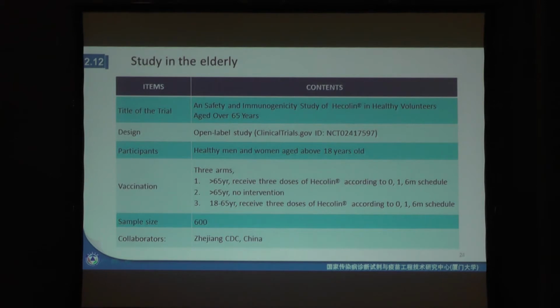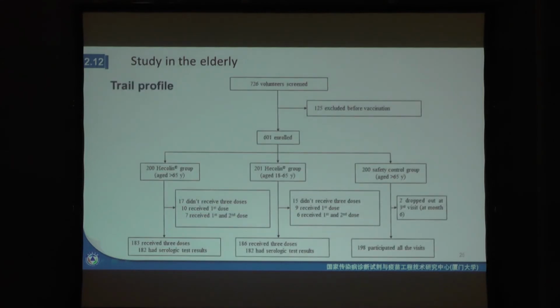This is an open label study, and we have 3 groups. Totally, the sample size is 600. One group is the elderly people. They received the 3 doses of Hecolin. It's the test group. And the second group is the